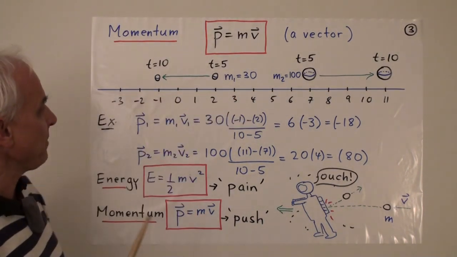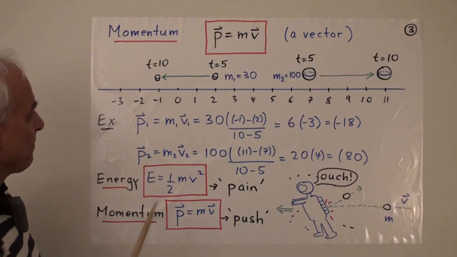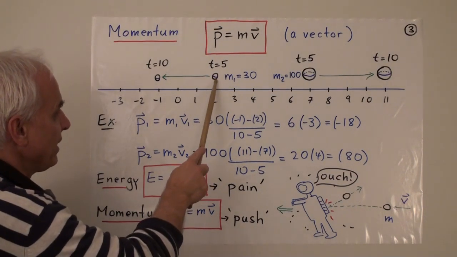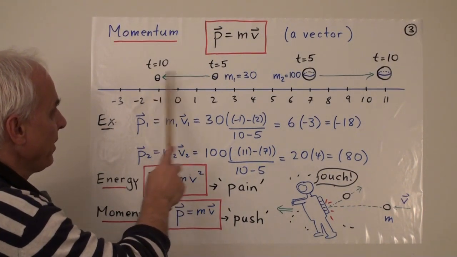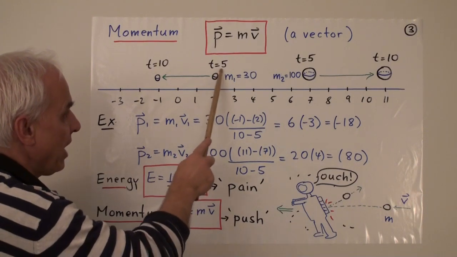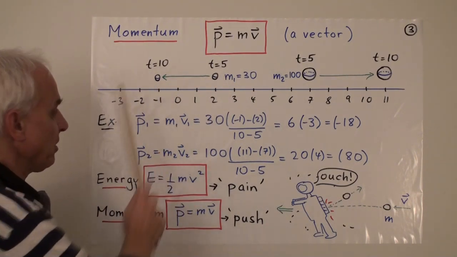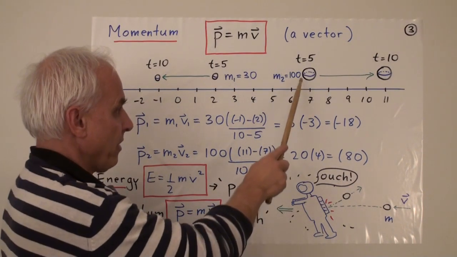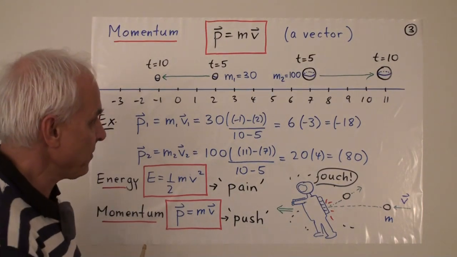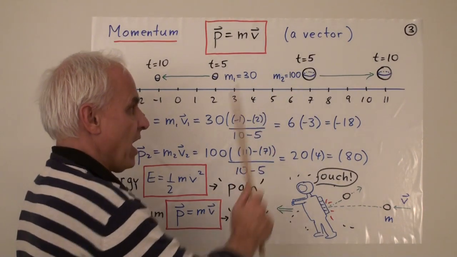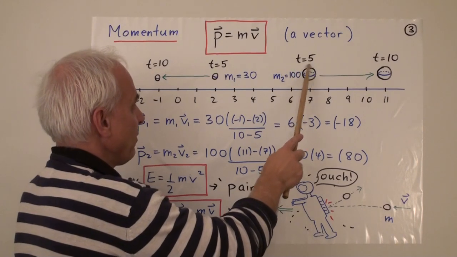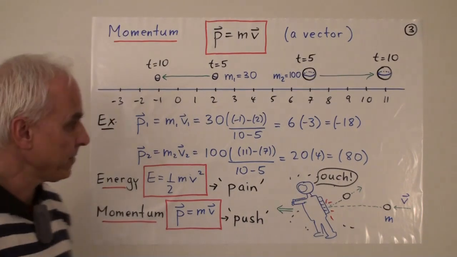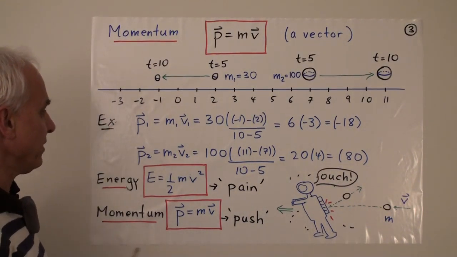So here we have the number line, and we have two particles. This one here, with a mass of 30, m1, is traveling from here to here. It's at this position 2 at time t equals 5, and it's at this position minus 1 at t equals 10. Over here we have a bigger particle, represented by a bigger circle or sphere. Its mass is m2, which is 100. And at the same time, t equals 5, it happens to be at position 7, and a little while later at t equals 10, it's at position 11. What are the various momenta?